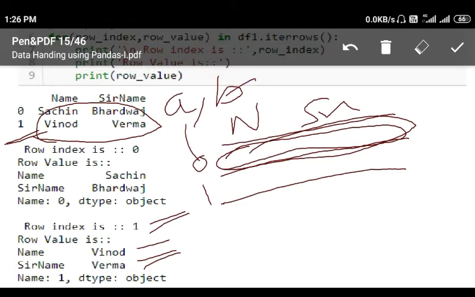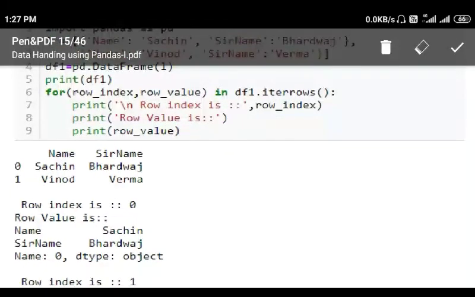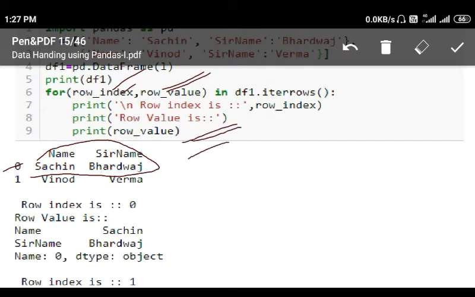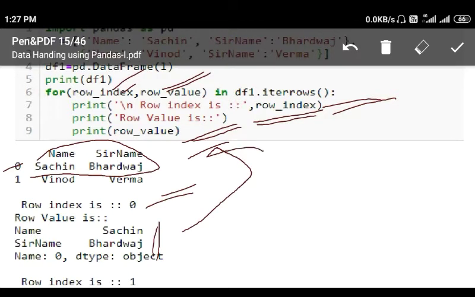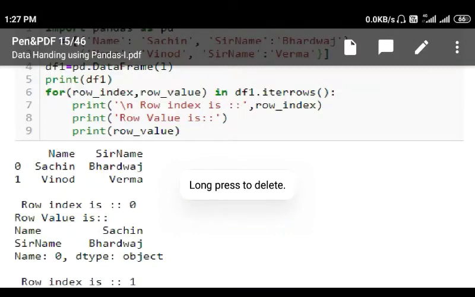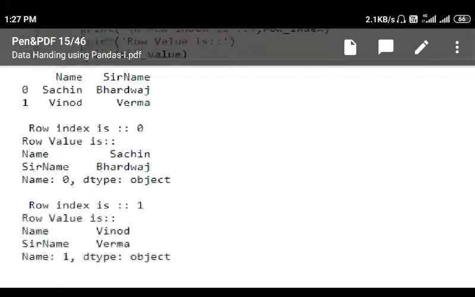See, row index will store the value of index, that is 0, and row value will store the values, this Sachin and Bhardwaj. This entire block will be stored in the row value, and row value will be printed here, and row index value is printed. So 0 is printed using this line, and this particular portion is printed using this particular line. So next time this loop will again execute, it will execute till all the rows are finished.